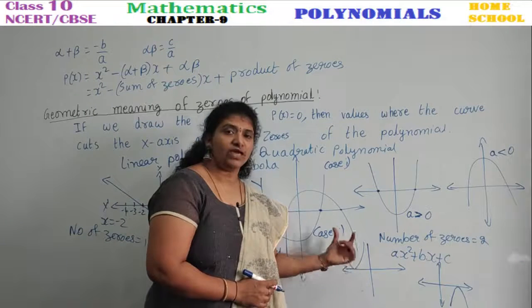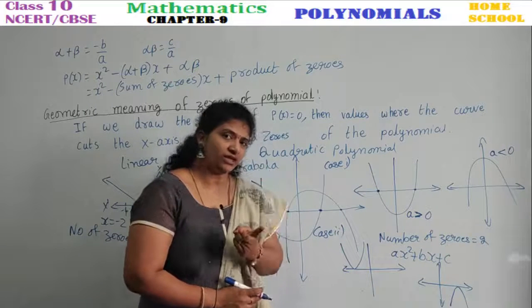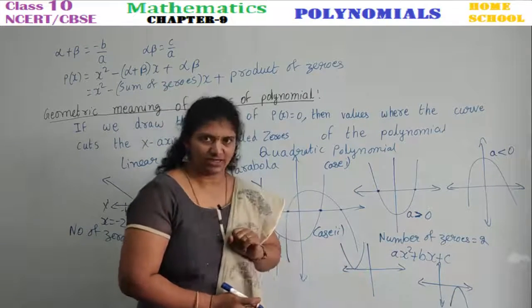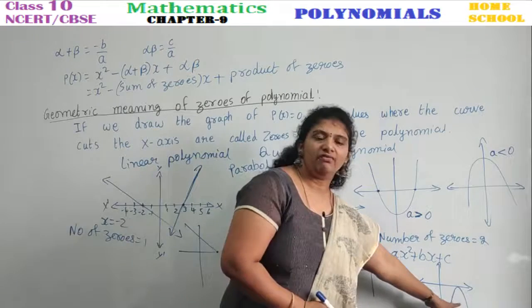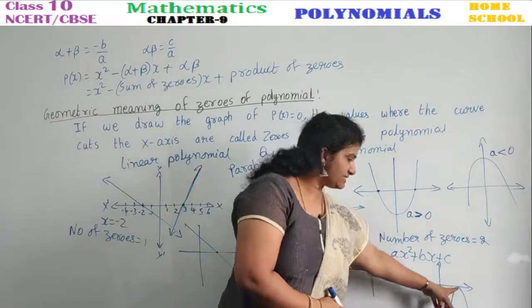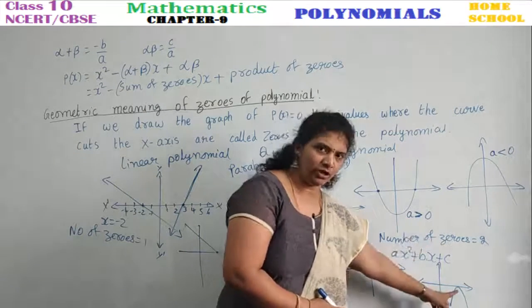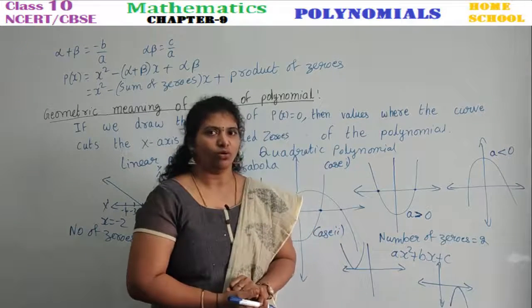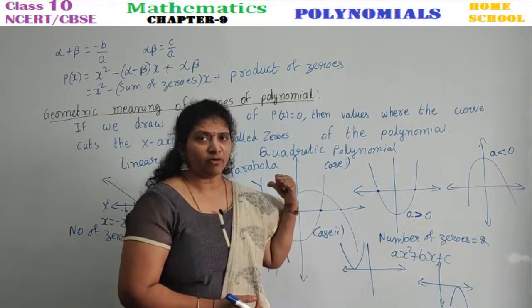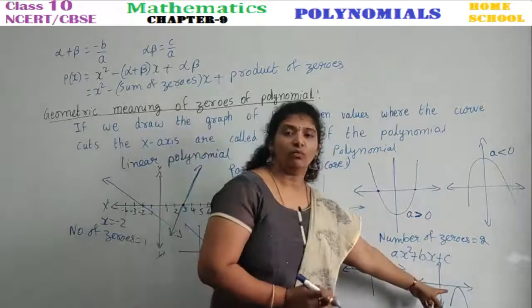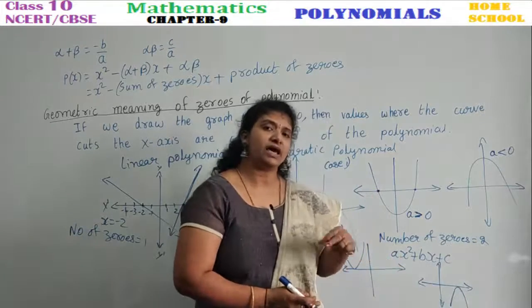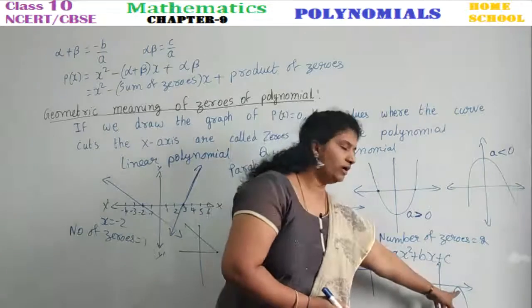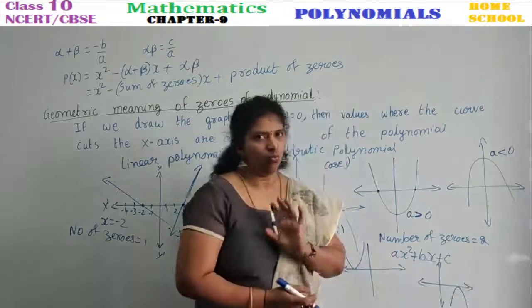Right? So we know a quadratic polynomial will have two zeros. If they are coinciding, it becomes only one zero. Here also, you can see an inverted parabola, and it is just touching at one point on the x-axis. Therefore, it has only one zero. One zero does not mean it becomes a linear polynomial. Here, one zero means two zeros are overlapping on one zero. Therefore, here the number of zeros is equal to 1.